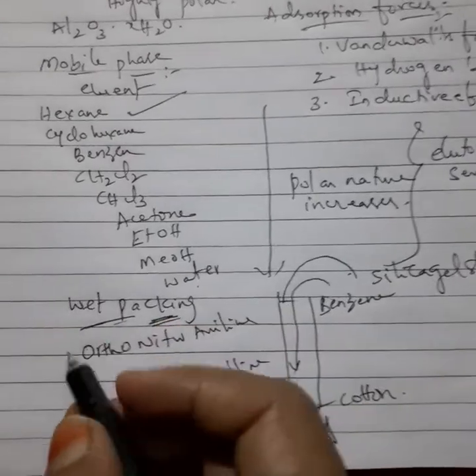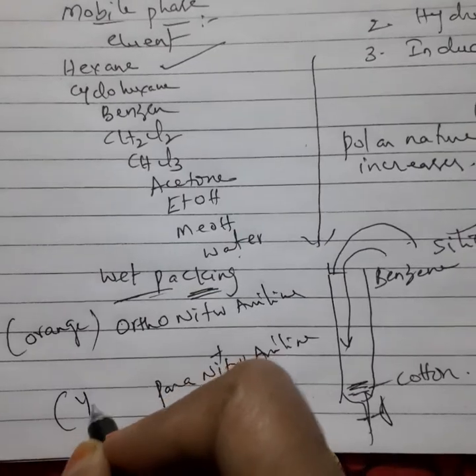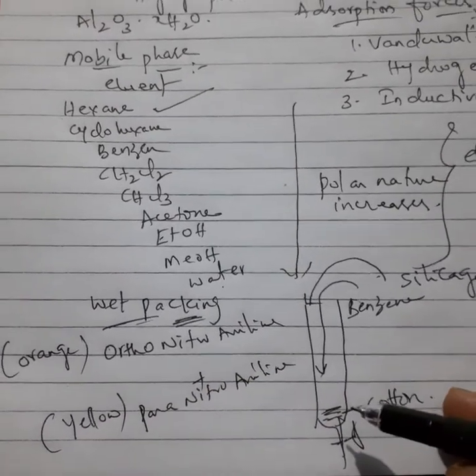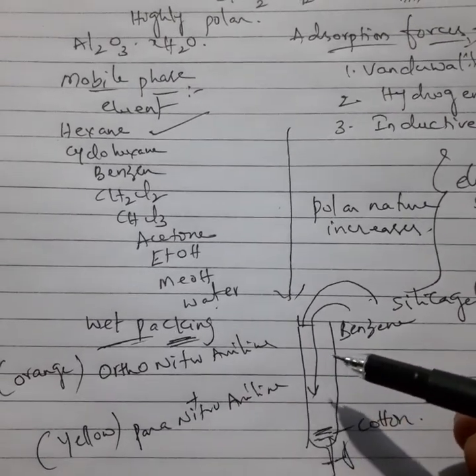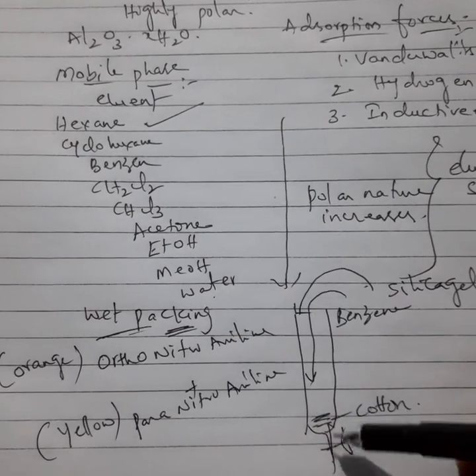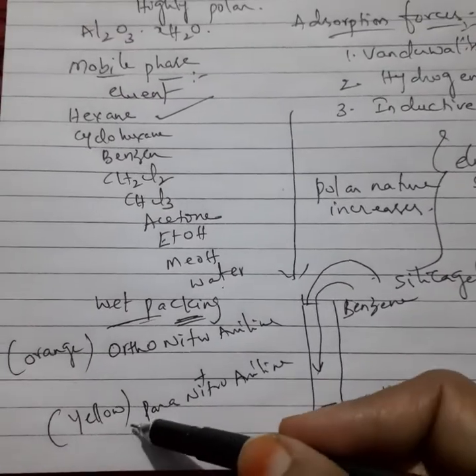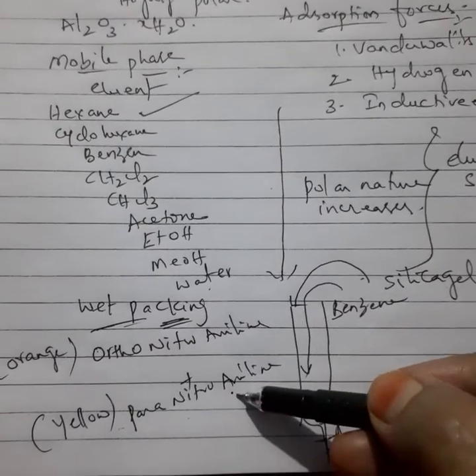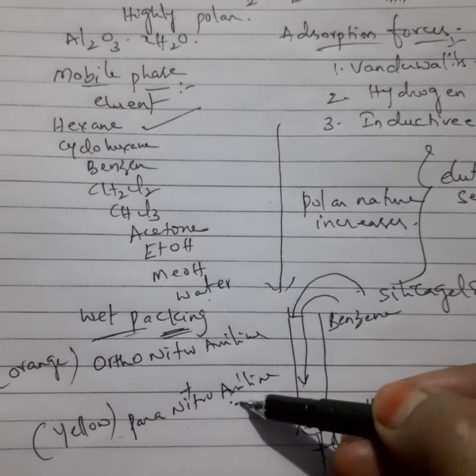So this orthonitroaniline is orange in color and para-nitroaniline is yellow in color. So we will observe these differences clearly in the column. This orthonitroaniline is less polar, so that's why it will move quickly. It will move quickly, so that which is collected in the conical flasks first. And this para-nitroaniline is more polar in nature, that is its adsorption capacity is more, so this yellow color